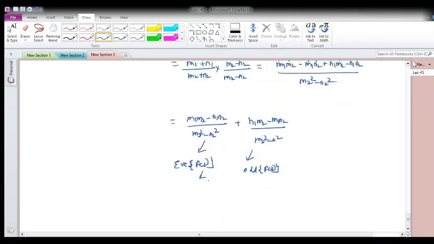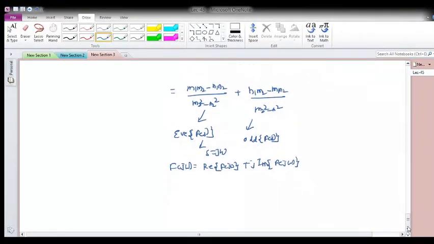Now if you substitute s is equal to j omega, then what will happen? Your f of j omega will have a real part and an imaginary part. How will it be the real part? This is basically the even part, so s square, s raised to 4 and so on. If I put s is equal to j omega, this gives the real part, and the odd part is nothing but the imaginary part. So the real part of f of j omega will be the even part of f of s, and the imaginary part will be the odd part of f of s.